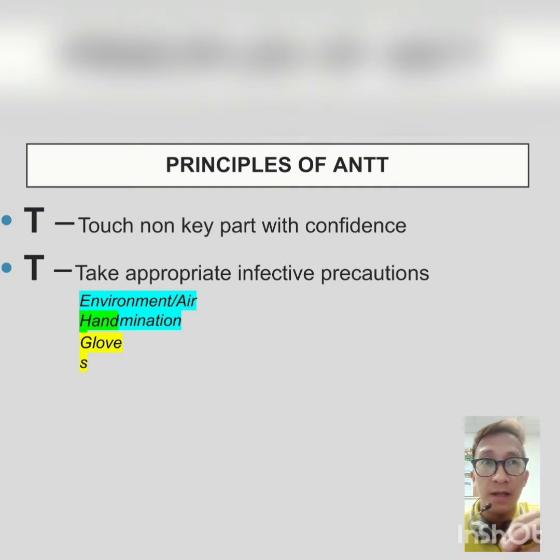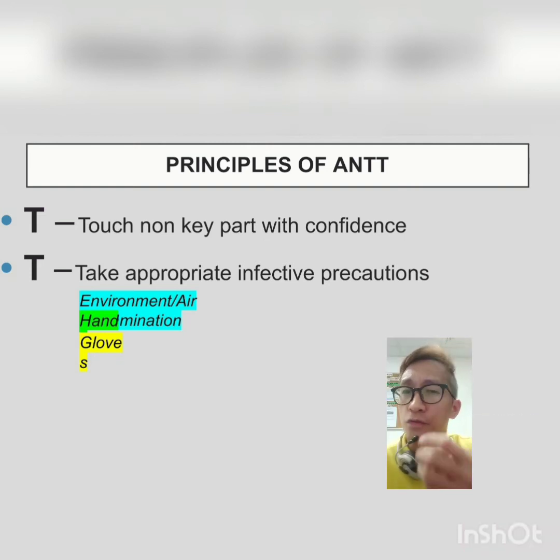The next appropriate infection precaution as part of our principle for ANTT is gloves. Choosing between sterile, non-sterile, or no gloves at all has become a contentious issue in IV therapy. The rationale for glove choice for the ANTT is based on the fact that there is no substantial evidence to prove that any particular type of glove reduces the incidence of IV-related infections. According to some studies,